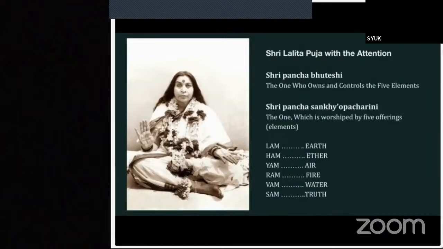We raise the Bija mantra Sam, which symbolizes the truth, and all that is a reflection of the truth, to the lotus feet of the Mother Sri Lalita, who is the spirit and essence of everything. And we offer to the goddess all the proper elements of worship. Let us do a short meditation to absorb these vibrations.